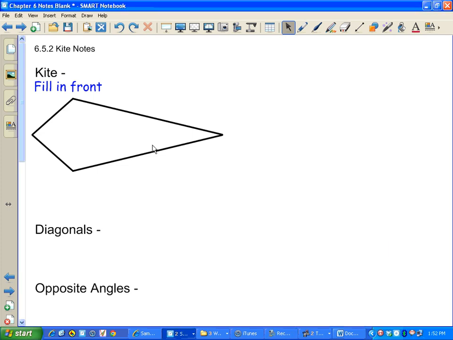The last quadrilateral we have to cover is a kite. And a kite is also not a subshape of a parallelogram, and it's not a subshape of a trapezoid. So a kite is in its own branch. And the thing that differentiates a kite is that you don't have any parallel sides. So you have no parallel sides, but you do have